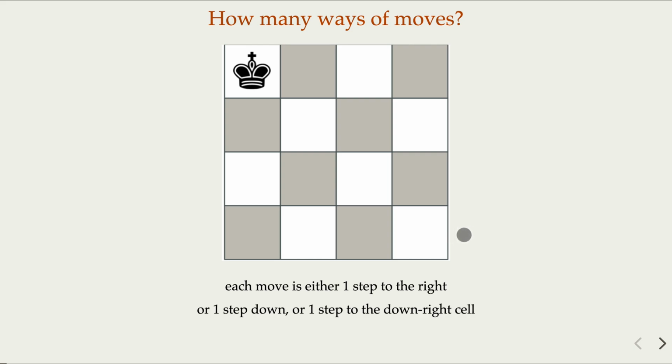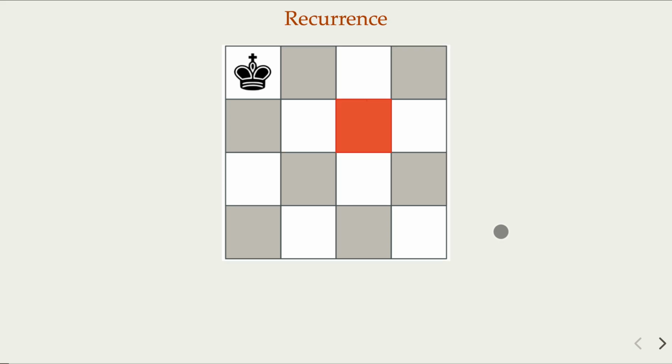Okay, so this is a class of problem that uses recurrence. The idea is that in order to reach, let's say, a cell in the middle here, highlighted, you can only come from 3 possible previous steps, either from the top, from the left, or from this adjacent cell, 3 different directions. Which means if the number of ways to reach this particular position is x,